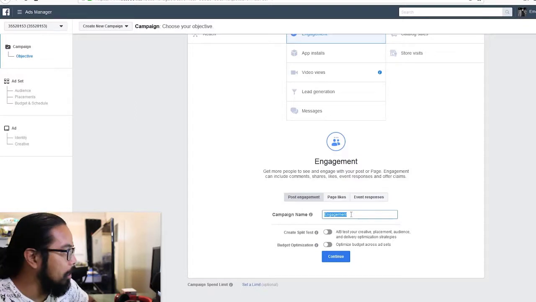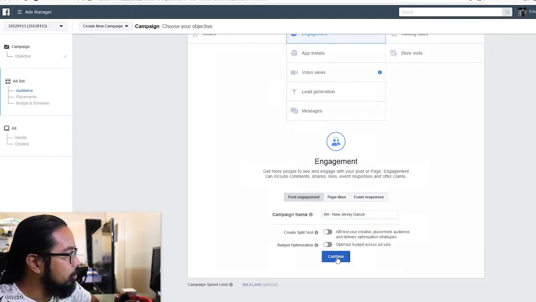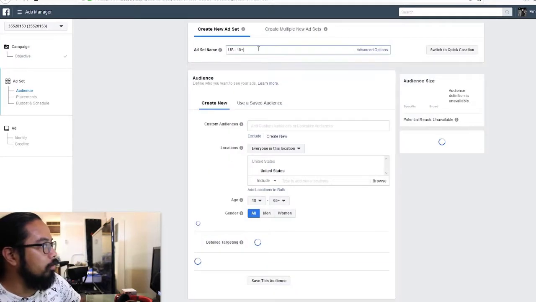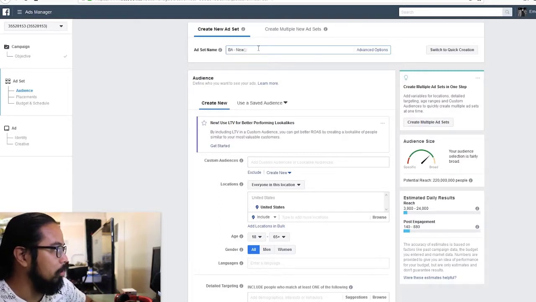I'm particular with naming conventions because I run a lot of ads and you want to keep them as organized as possible. So I call these BA, brand awareness ads, and I describe it. Generally, when I'm running brand awareness ads, I keep everything in one campaign. But I don't want to confuse you guys right now. I try to keep the same here, because when you search through the Power Editor or the Ads Manager, it's just going to help when you keep things organized. Because if you keep it all the same, like US 18+, it's going to be a pain.